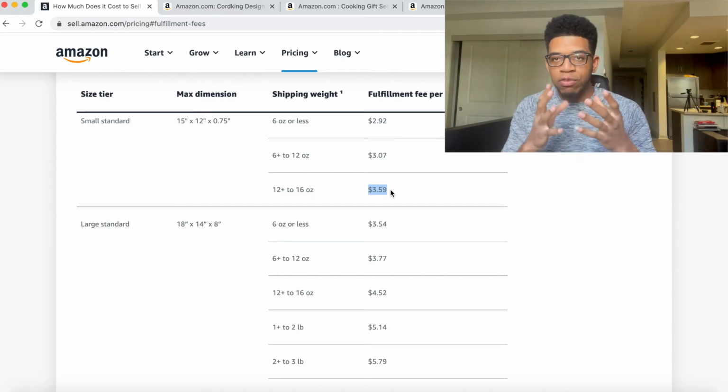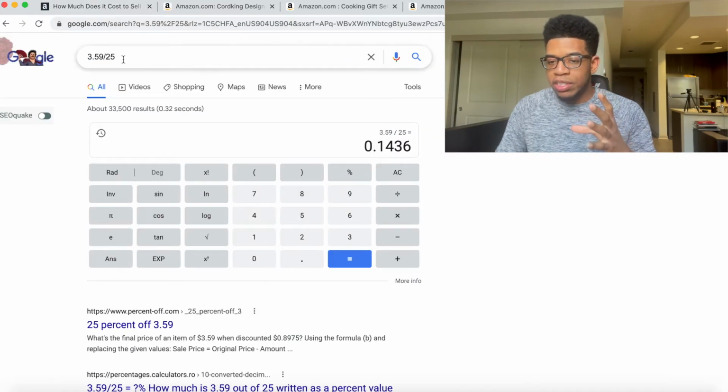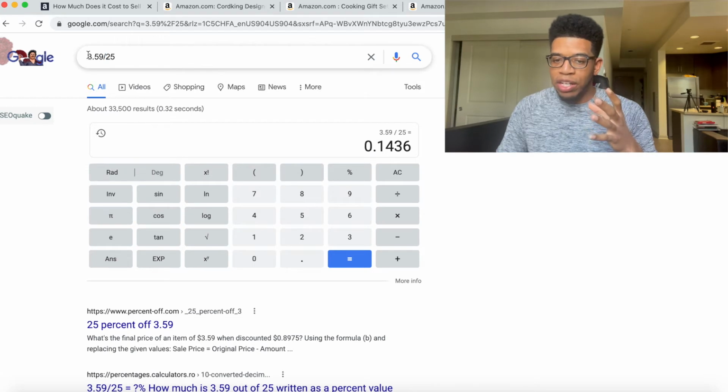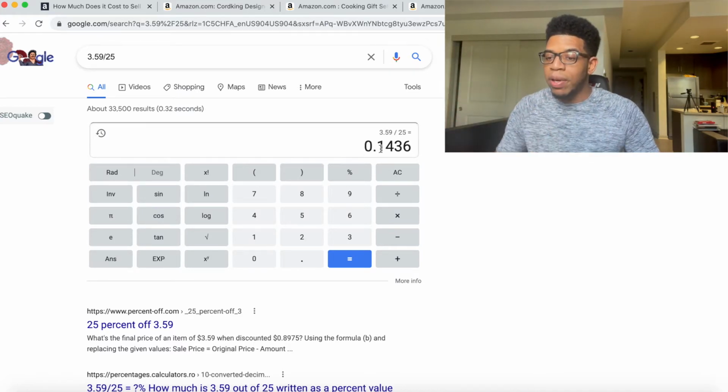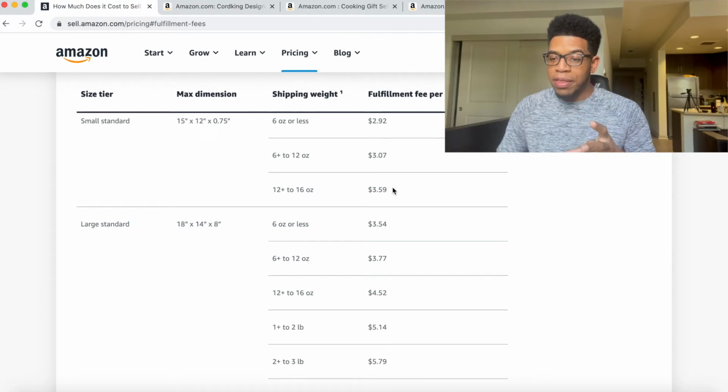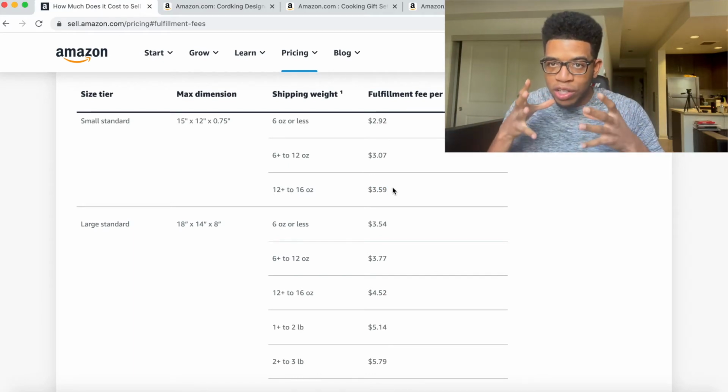But once again, for this specifically, in percentage wise, if we do just a simple calculation, if we're selling a $25 price item and we're paying $3.59 in FBA fulfillment fees for Amazon to send that item out and ship to the end customer, then we're paying around 14, or we could round upwards around 15%. Once again, for a $25 priced item, we're paying 15% of the overall sales price in